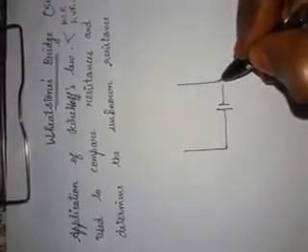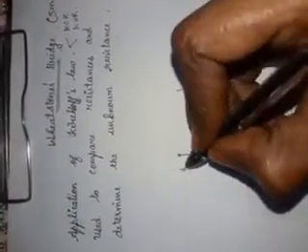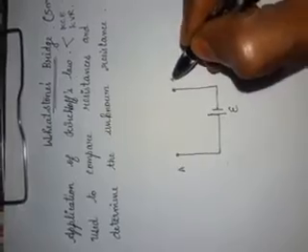Now I am going to draw the diagram. Just see how I am starting and drawing the diagram. Now this bridge consists of a battery that is connected between 2 points A and C. Let the voltage, or the EMF of the battery, be equal to psi. So this point is A and this point is C.